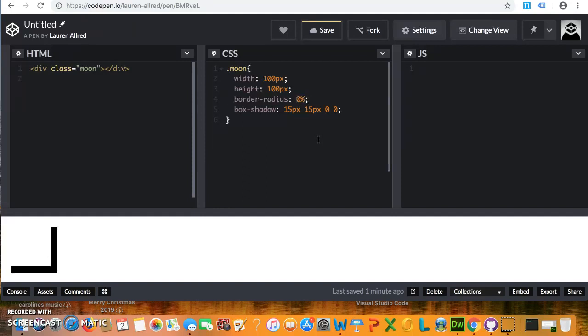So as you can see, just adding a little bit each time gets it a little bit closer. Let's see, it's almost a moon. And so it was just really a couple simple adjustments that get you there, but I thought it was fun